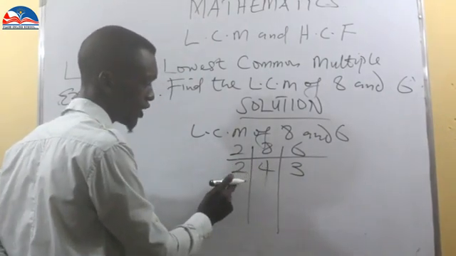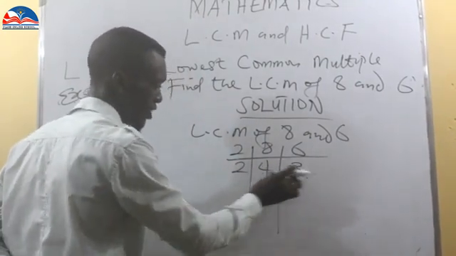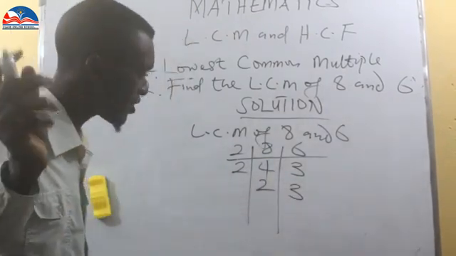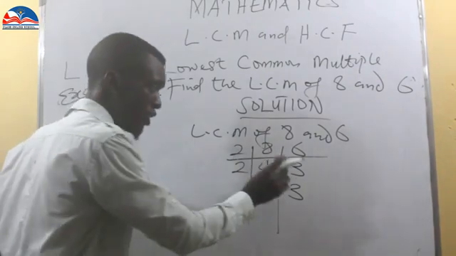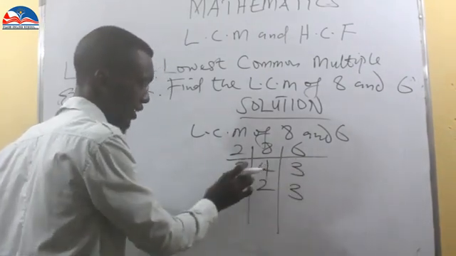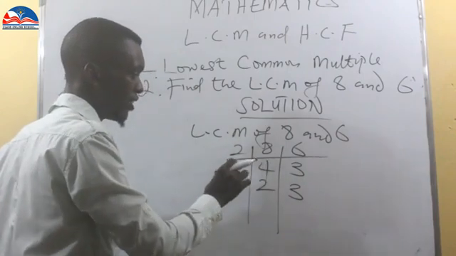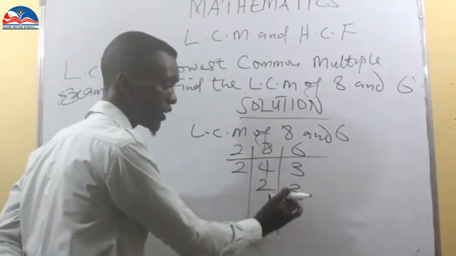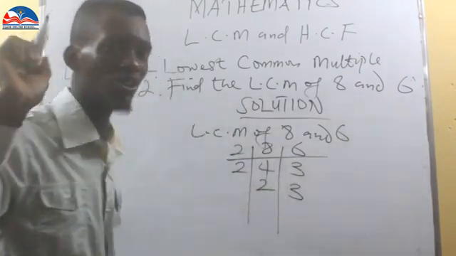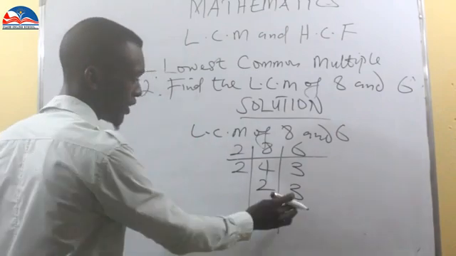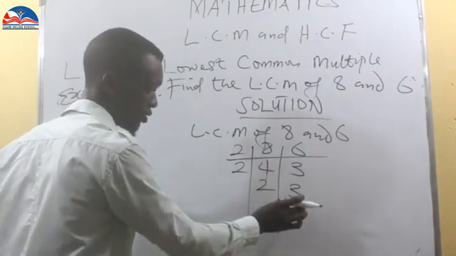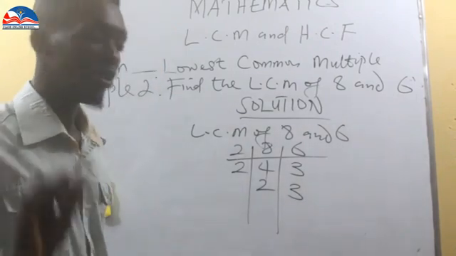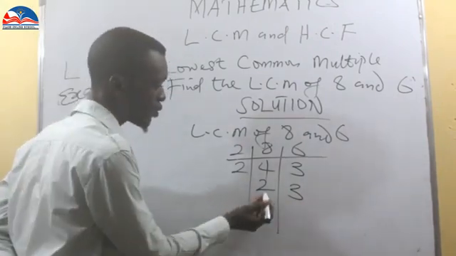4 divided by 2 will give me 2. And 3 divided by 2? Now observe one thing. Once you use 2 to divide an odd number, you see that it is not divisible. So I always bring down that number because it is not divisible. I brought down the number 3, since 3 divided by 2 you cannot. Okay, class, let's proceed.